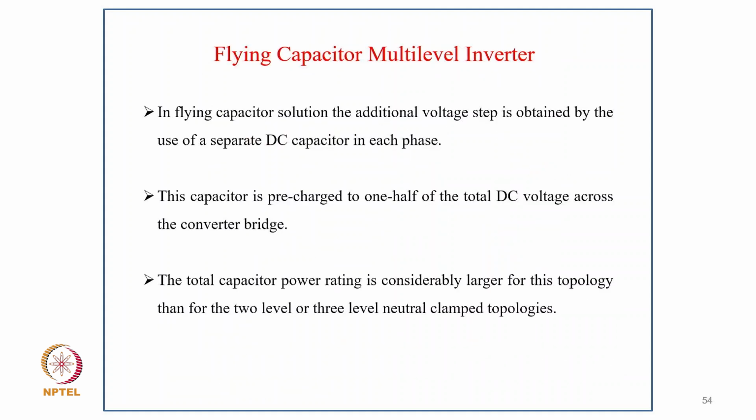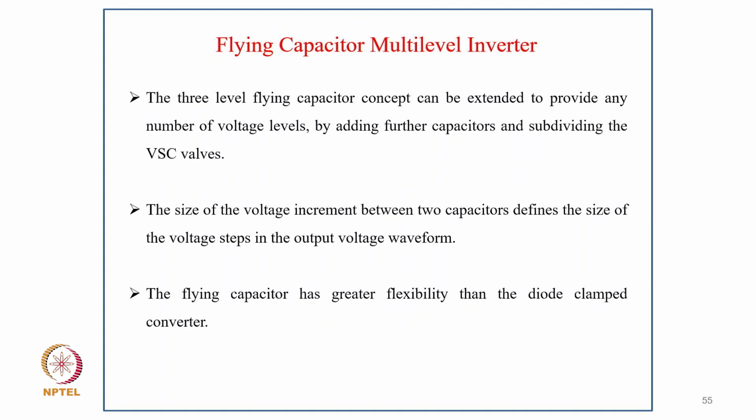And in the flying capacitor solution, the additional voltage step is obtained by the use of a separate DC capacitor in each phase, and this capacitor is pre-charged to 1/2 of the total DC voltage across the converter bridge. The total capacitor power rating is considerably larger for this topology than for the 2-level or 3-level neutral clamp topology. The 3-level flying capacitor concept can be extended to provide any number of voltage levels by adding further capacitors and